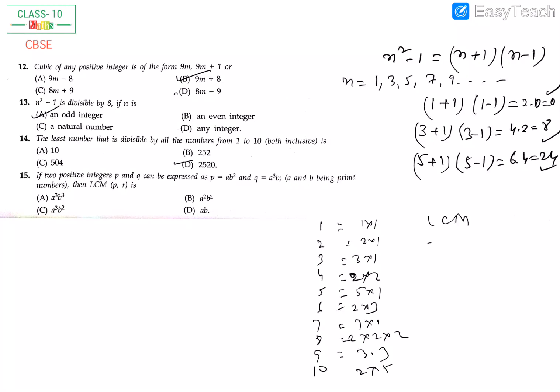So required LCM will be maximum factors 2 into 2 into 2, then 3 into 3, then 5 and 7. So 2 2 is 4, 2 is 8, 8 3 is 24, 3 is 72, into 5, into 7,